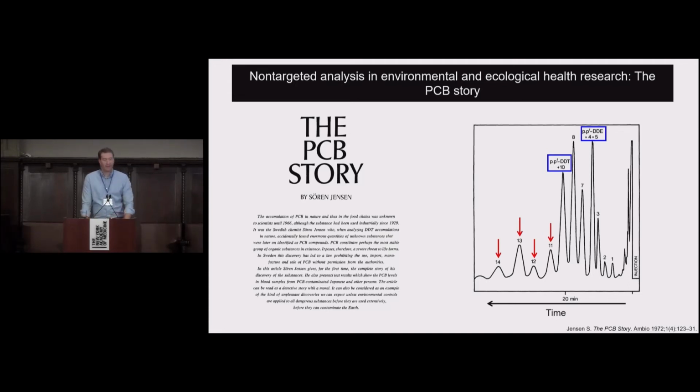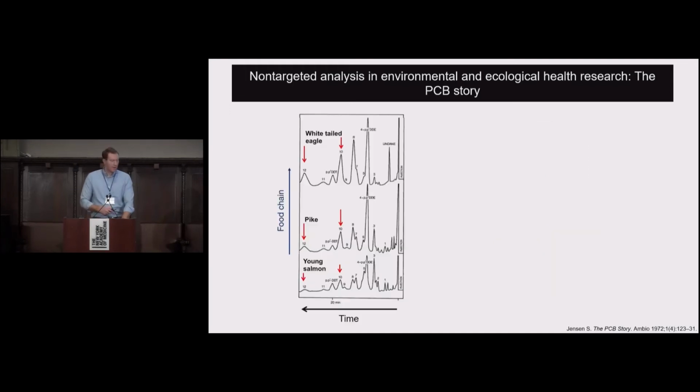And he was using a technique called electron capture detection, which is specific to organohalogens, so chlorine and bromine. And so no other compounds should have really been showing up that did not contain either a bromine or chlorine compound. So he became very curious about what these were. He was noticing that he was repeatedly detecting them in different sample types. And as he moved up the food chain, the intensities of these peaks tended to get higher.